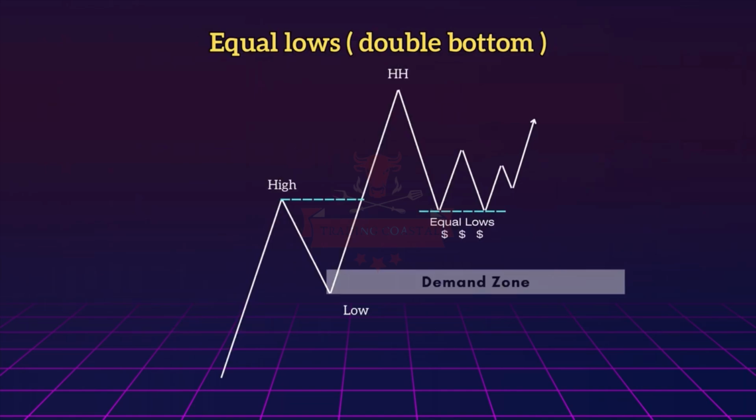Imagine we have a structure like this: price created a bullish break of structure, pushed upside and then retraced back down, failing to reach the demand zone generated by the BOS wave. Instead, the price formed an internal low. It attempted another push upward. But the bullish momentum was insufficient to break the recent major high. Subsequently, the price experienced another pullback and couldn't break the recent internal low, resulting in the formation of a double